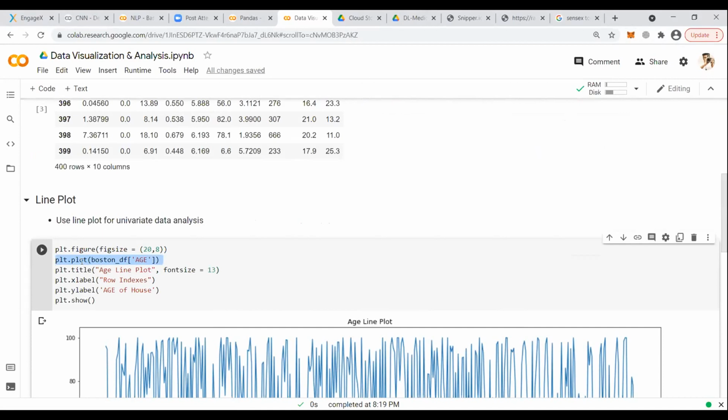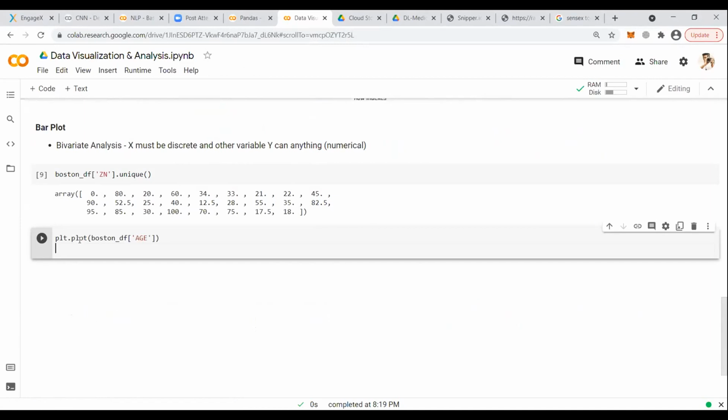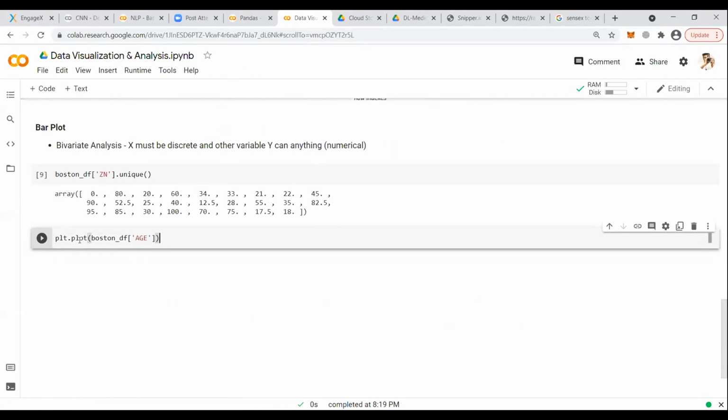The rest are for the labels, the title, the description of the plot. So plt.bar. First of all, plt is matplotlib.pyplot, so we'll apply bar here.